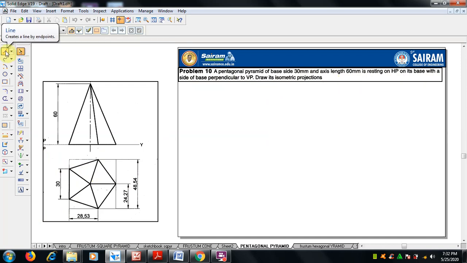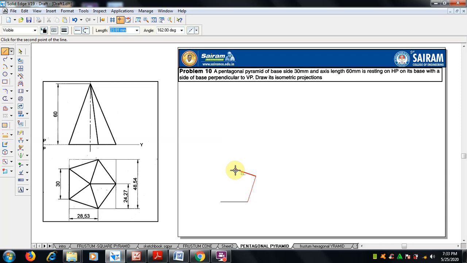So we know how to draw a pentagon. First we have to draw the pentagon, and then we have to go. If it is given in a sketchbook also, first we have to make the pentagon. We know how to make the pentagon. Again I will tell here what a pentagon is. 5 sides, equal sides are there, 30 mm base. Okay, so directly I will draw here like 30 the base, and it's at 0 degree. Okay, 30 at 0, and next is 30, angle is 72. Okay, so 72, since it is 5 sides, 72.